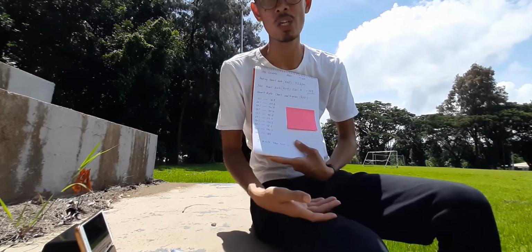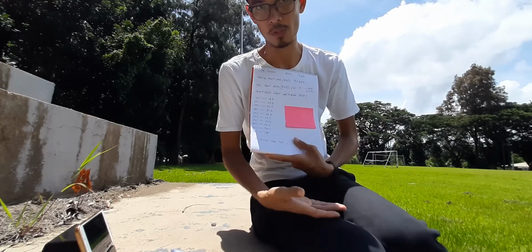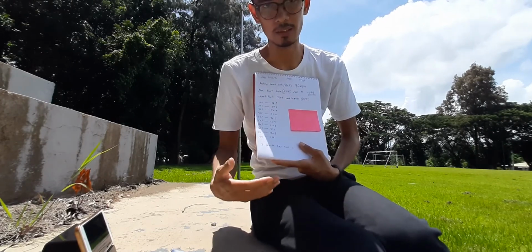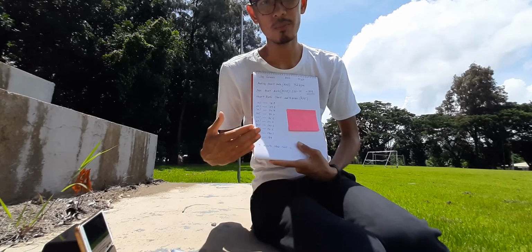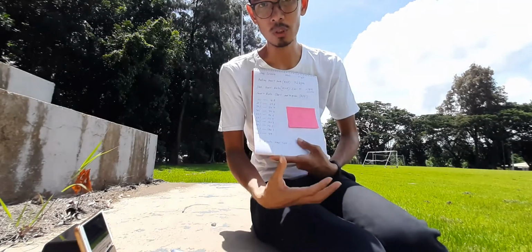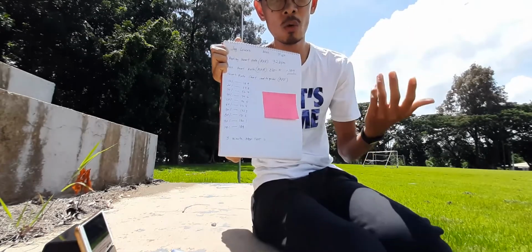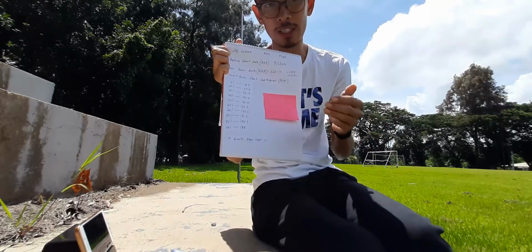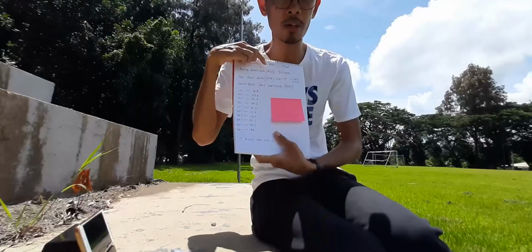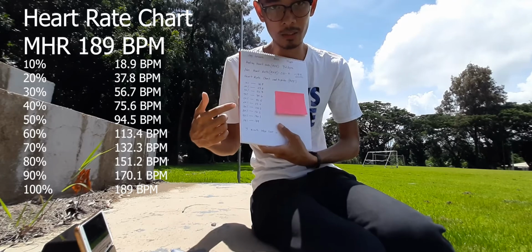Most of the time when we exercise, we don't know how much effort we are putting in. For example, you are doing push-ups or jogging. It's not easy to predict or to know how much effort our heart is putting in a certain exercise. Making a chart like this will show how much number you put on a certain exercise. So it's very simple. You have to put there on your maximum heart rate how many percent, how many heartbeats